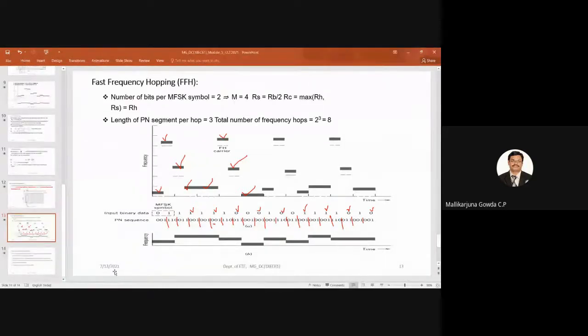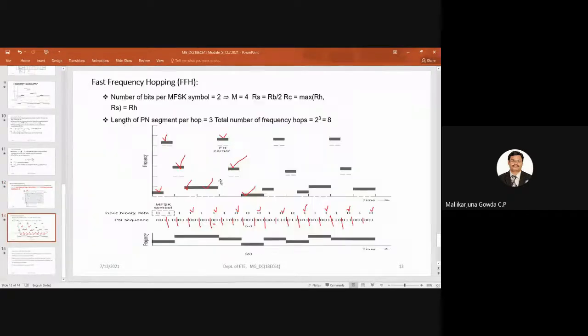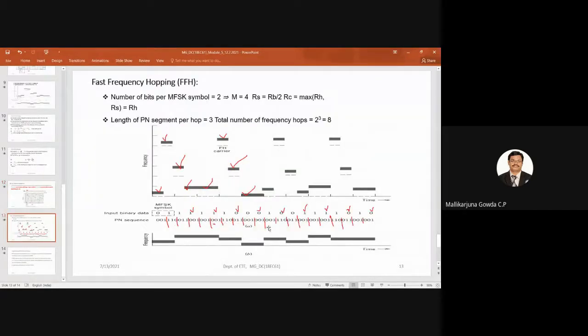Taking time, see, with respect to this grid structure, even in the previous example I said 2 bits is one symbol, right? So you write here, 2 bits is one symbol only, 4 blocks. For that, the hopping frequencies are FC1, FC2, FC3, FC4, like that 5, 6, 7. So 3 more blocks we have to extend, that's all. And here, for every symbol, I have a 3-bit PN sequence instead of 2-bit. Even that is written here. What is that PN sequence? And accordingly, you have to mark it.